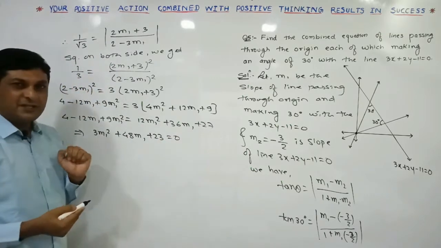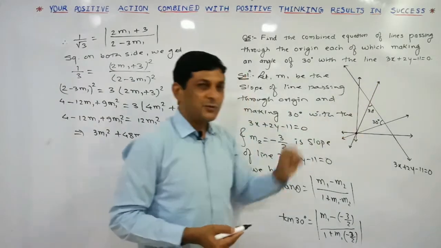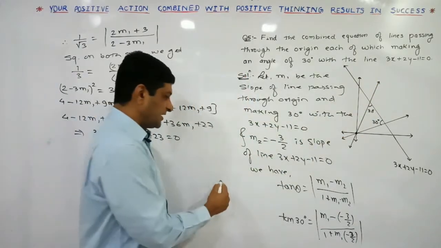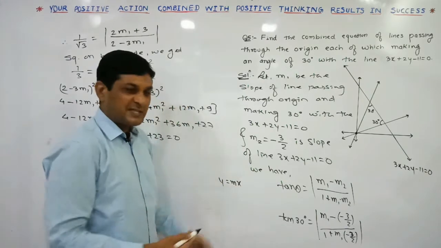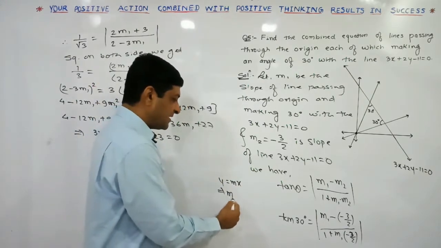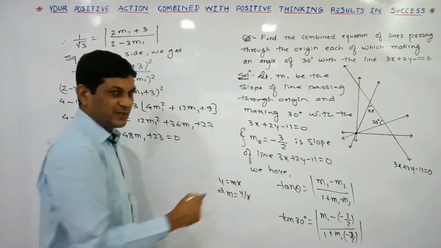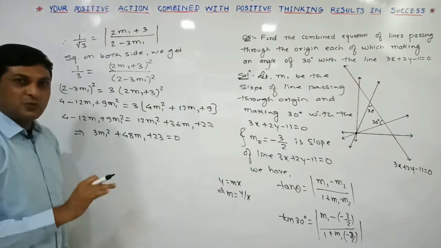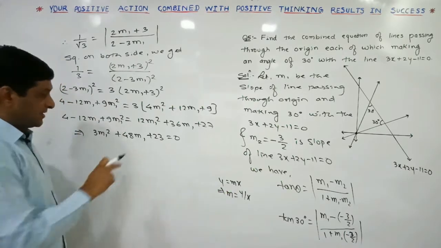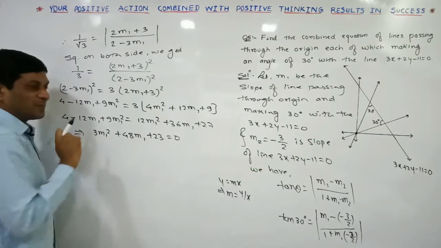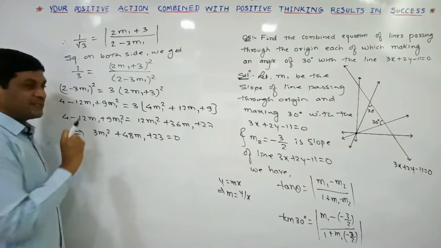Now what is m1 here? m1 is the slope of the line which passes through the origin. And we know that if a line passes through the origin, at that time its equation is y is equal to mx. The constant term is absent, which implies that m is equal to y by x. So if we take x on this side, we will get the value of m. m is the slope of the line passing through the origin, and its value will become y by x. Here we have got the equation in terms of m, in terms of slope, which means we can say that this is the auxiliary equation.